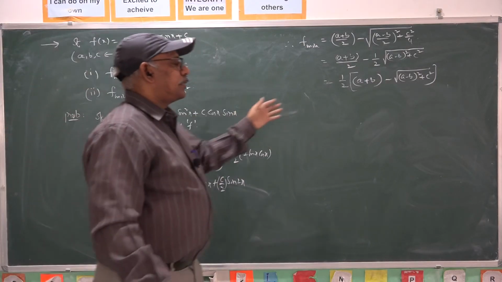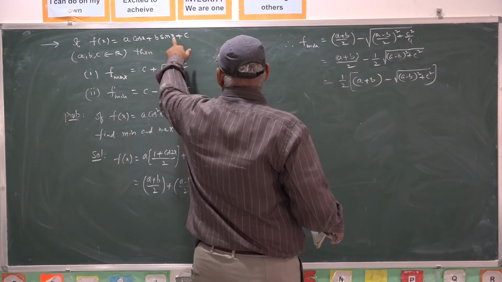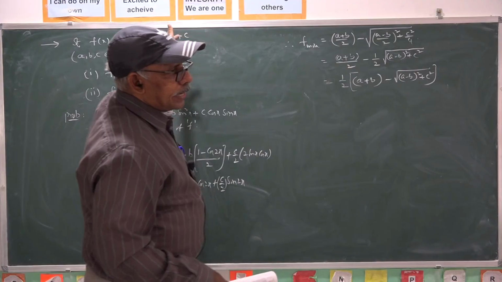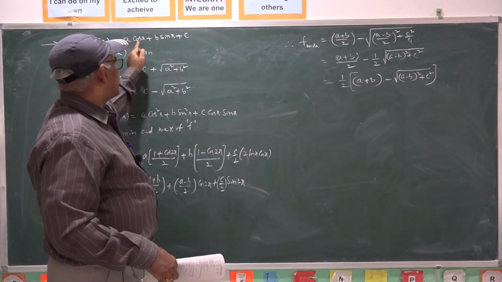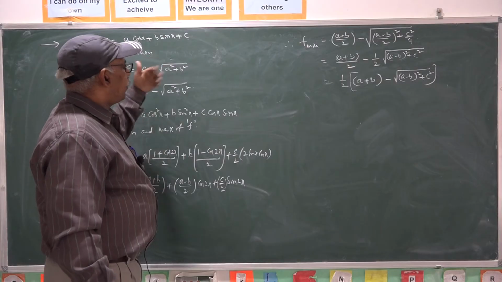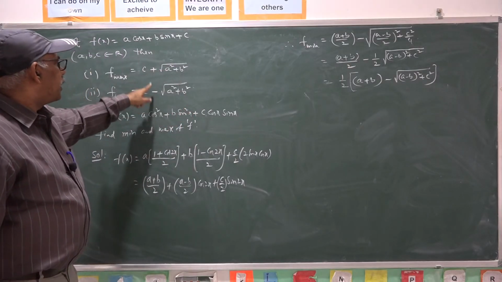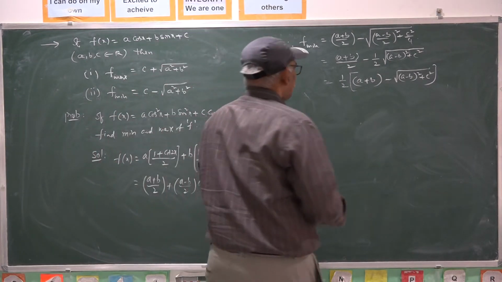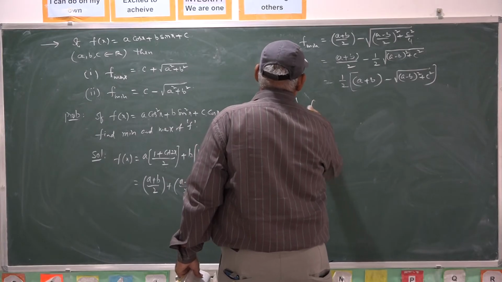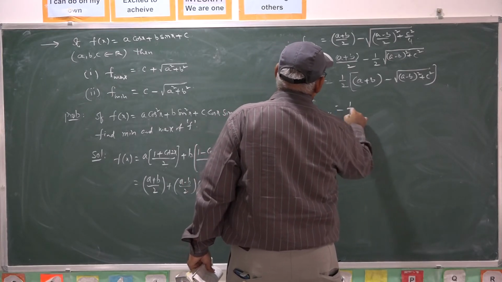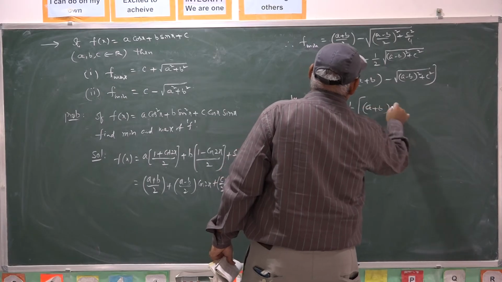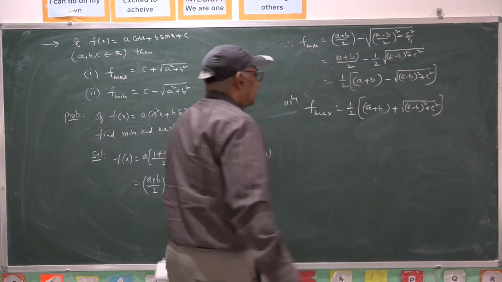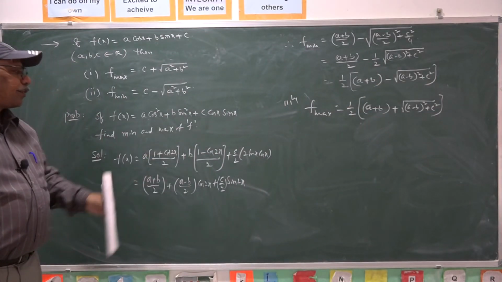Based on that, the minimum is this, because the minimum and maximum does not depend on the angle here. Here either x or 2x or 3x. Whether you have theta or 3x instead of x, the minimum and maximum is the same. Hence, you can apply the same formula to this one. Similarly, here f maximum is given by 1 by 2 into A plus B plus square root of (A minus B) whole square plus C square. So you can use this one as a formula in such case.